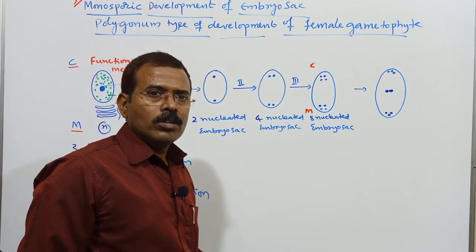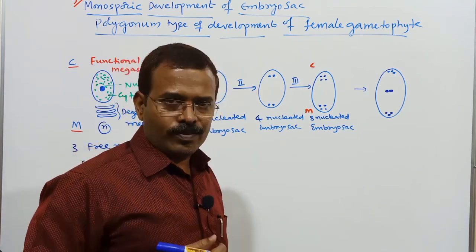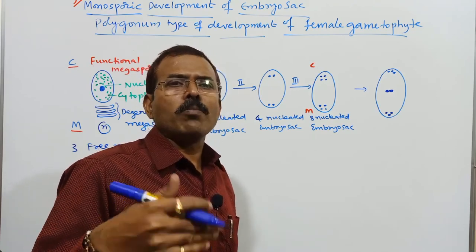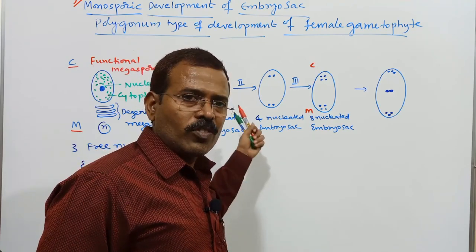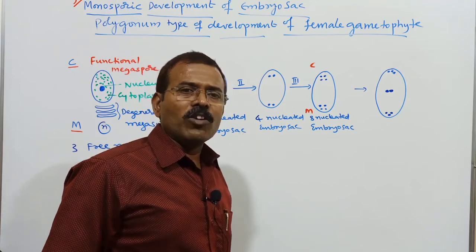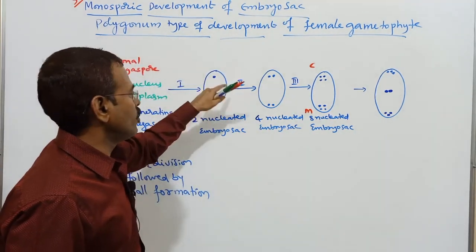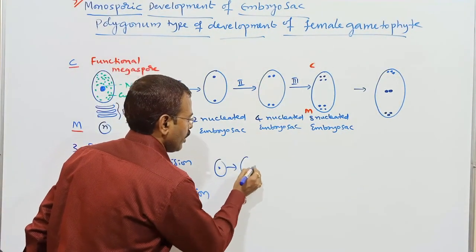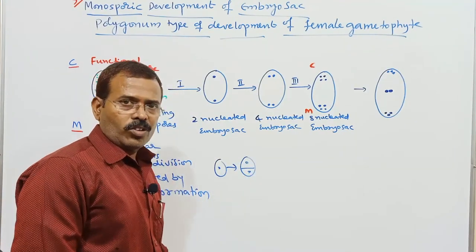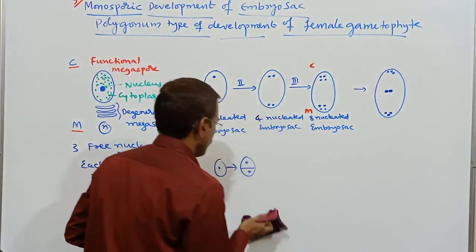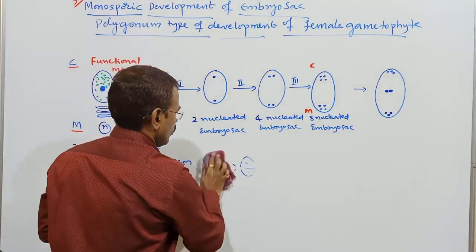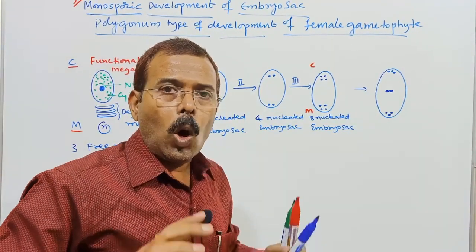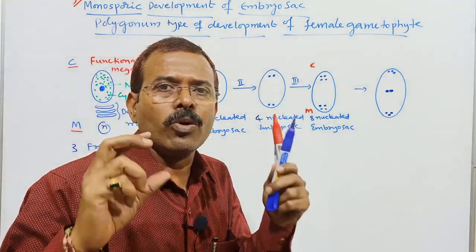Now, there is cellularization. There is organization of the cells into mature embryo sac. Till now, it was free nuclear division. As a result, there was no wall formation around each nucleus. Usually, what we can expect if a cell divides, then there is wall formation like this. Such kind of wall formation is not there, right? So, free nuclear division. Now there is cellularization.